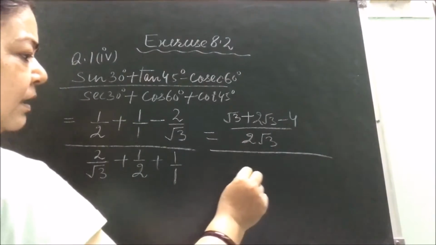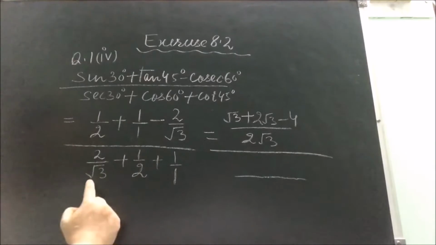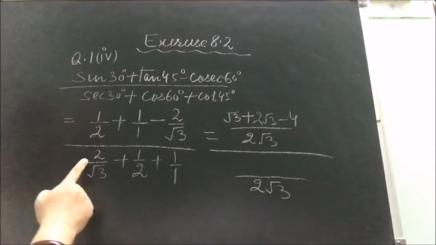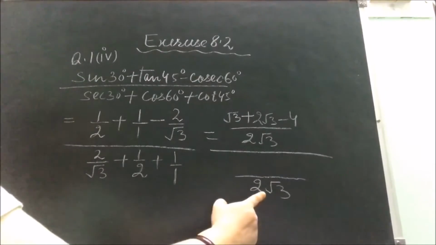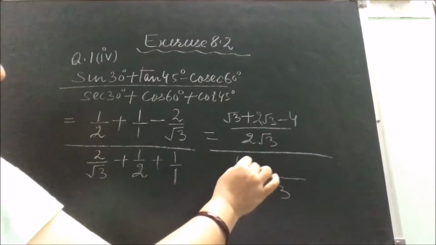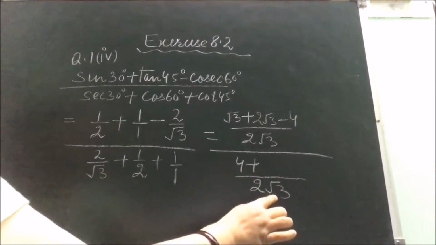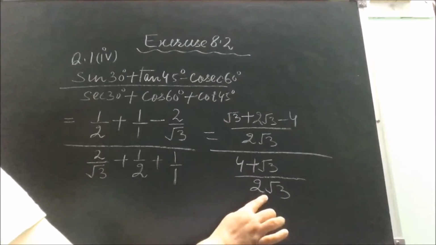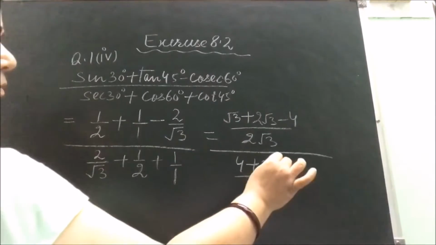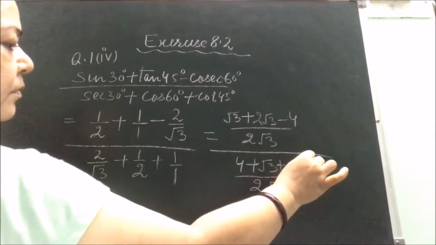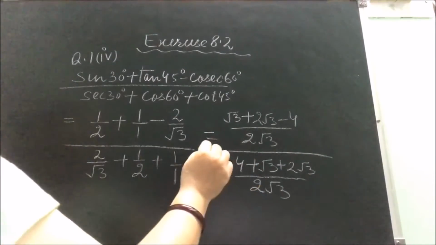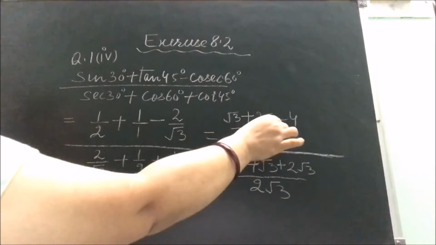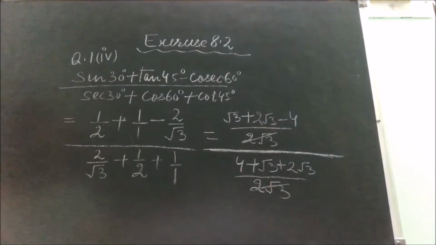Now again take the LCM in the denominator also. Root 3, 2 and 1. So LCM is 2 root 3 again. It will be 2 2s are 4. Root 3 into 1, root 3. Read the table of 1, 2 root 3 times will go. Right? This is a symbol for division. So 2 root 3, 2 root 3 cancel out.